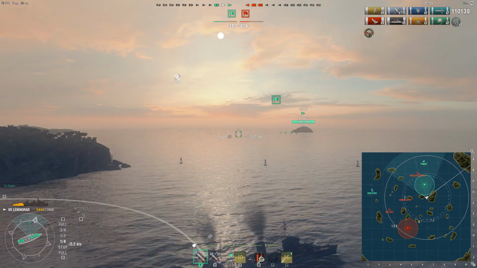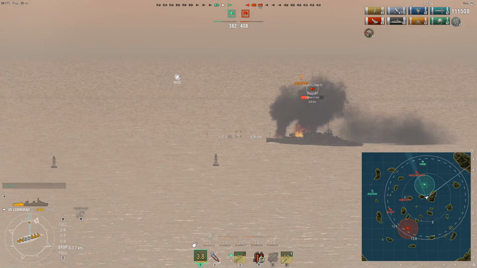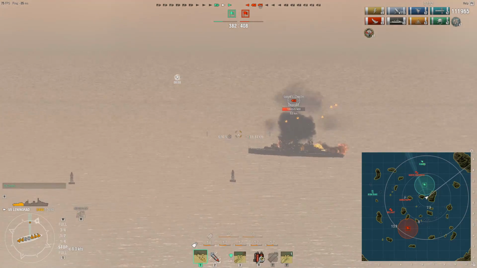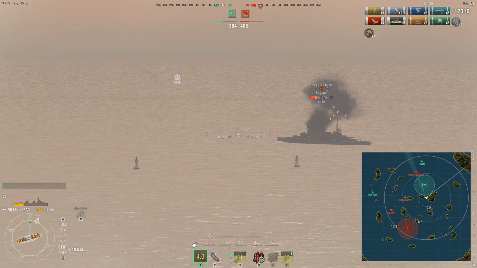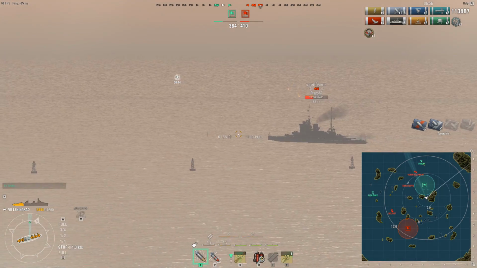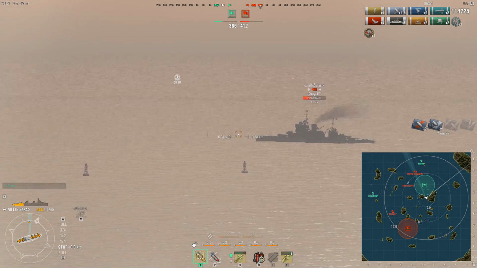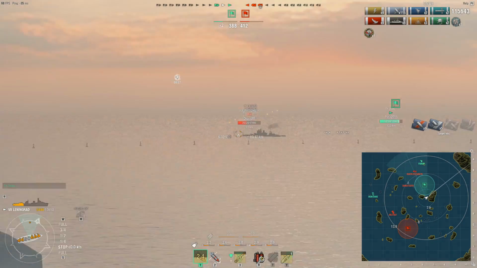But as we gradually poke our nose out of our smoke screen here, we're not spotted, which means the Shiratsuyu either got to be coming from behind us, or alternatively, they've got to be so far away up in the north as not to see us, or concealed behind the landmass off to what would be our port side. And soon enough, they're very briefly spotted coming up to the south of the Queen Elizabeth on their team,